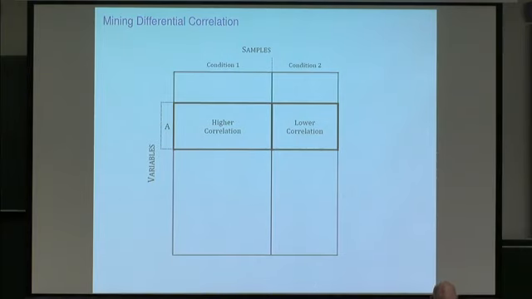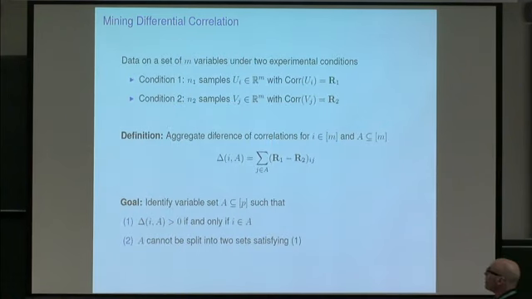All right, so in a little more detail, we will assume that the number of variables is constant. So in each condition, if it's gene expression measurements, I'm using the same technology, so I have the same number of genes that are measured. I'll call that M. And I have two experimental conditions. One could probably generalize this to more, but I'm not sure if it would be very elegant, but it could be done.